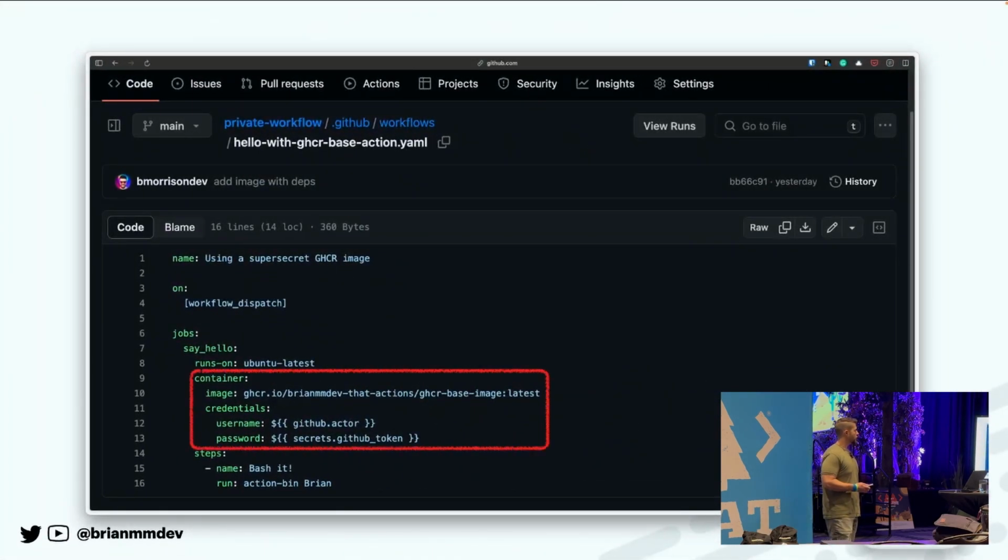This is what the workflow looks like when using a base container. So we have a new container object that's added underneath the runs on. We have our image being specified here of this GHCR base image. That's the URL we saw earlier. And then I'm using a special set of credentials here called github.actor and secrets.github_token. These are actually special variables that are available when you're running actions that loosely map to the username and password